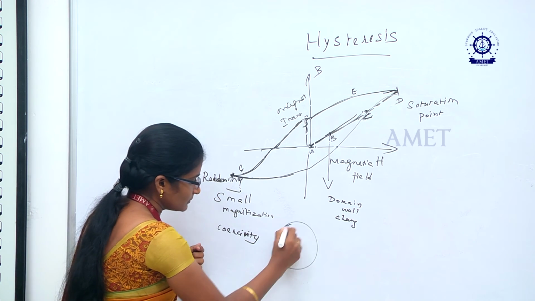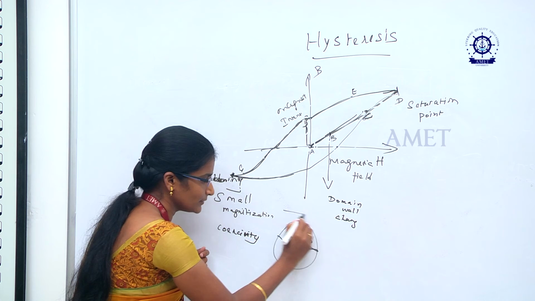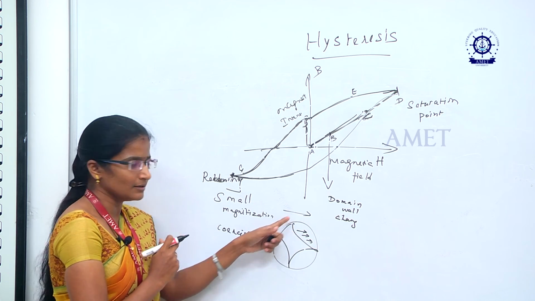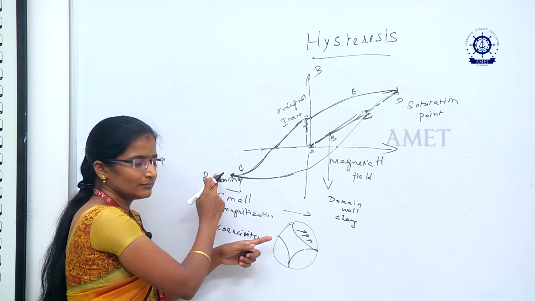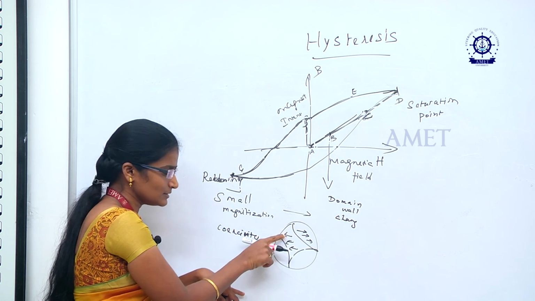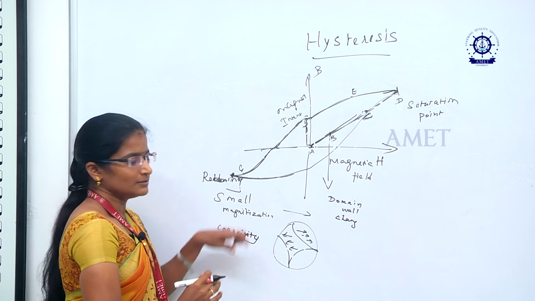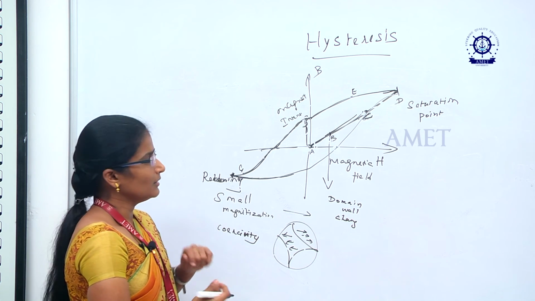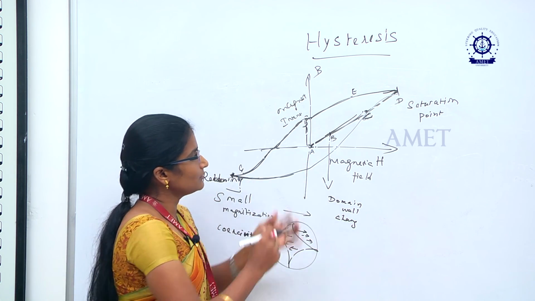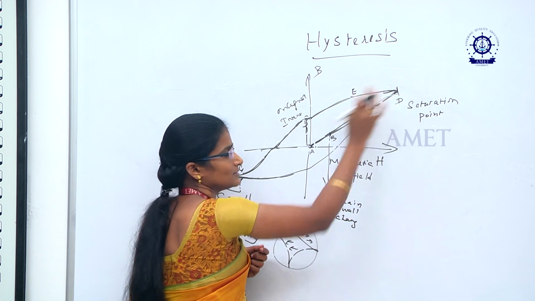That means, in the case of a domain, all the spins change their direction according to your field. If your field is in this direction, the spins also change their direction like this. When we give the field in the opposite direction, the spins change their direction like this. This is negative potential, this is positive potential. At this place the material acts as a normal material, and as we further increase the field, it acts as a weak magnet, then a strong magnet, and gets saturation.